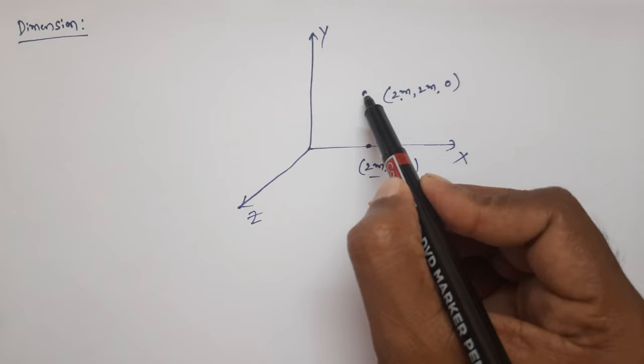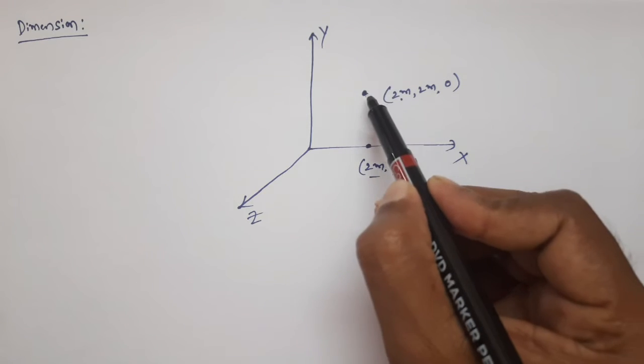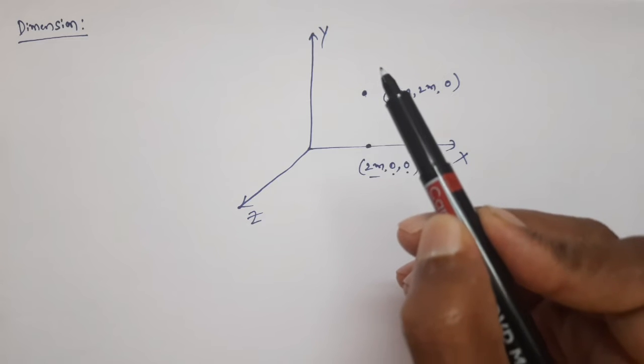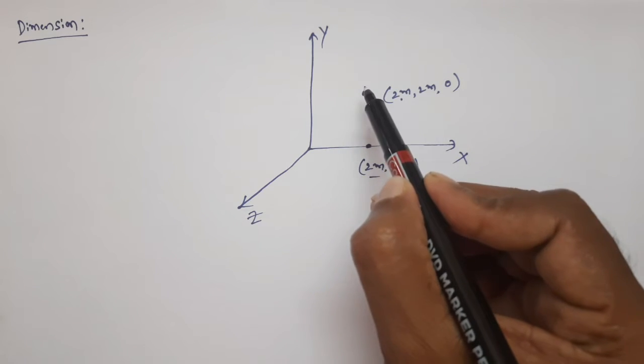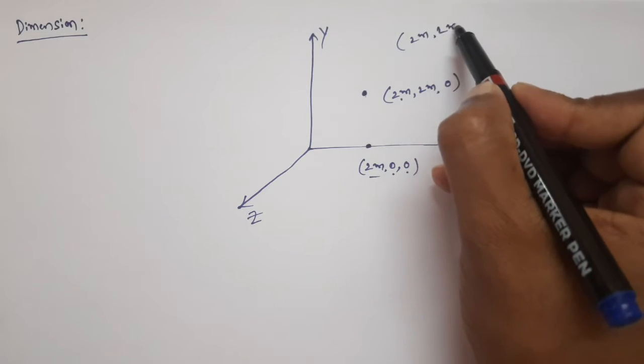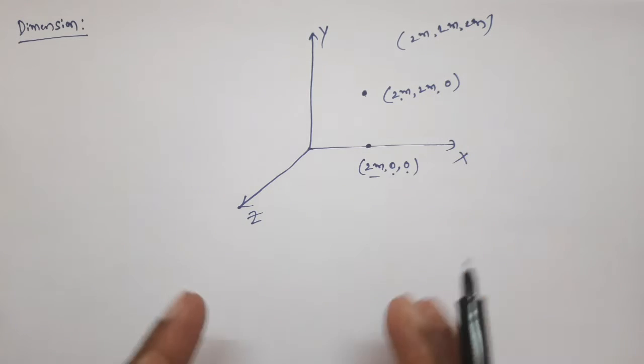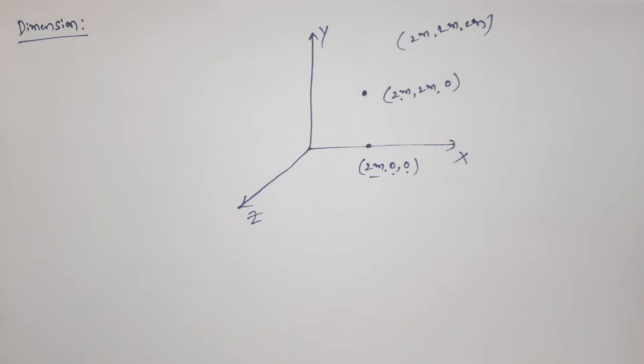And here from the paper plane into the space, take 2 more meters, not on the paper plane. If you imagine a point here, 2 meters above the paper plane, how do we represent that point? 2 meters, comma 2 meters, comma 2 meters. That means, what are the maximum dimensions we have? Only 3 dimensions, that is 3 coordinates: x coordinate, y coordinate, and z coordinate. So in this space, if you want to represent any point, we have only 3 coordinates.